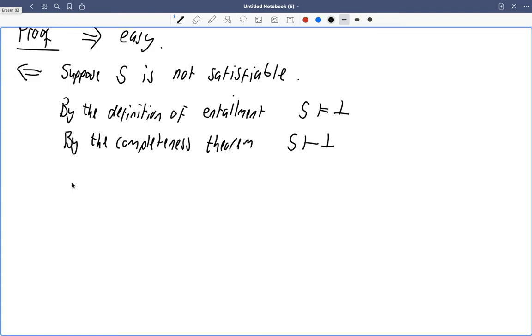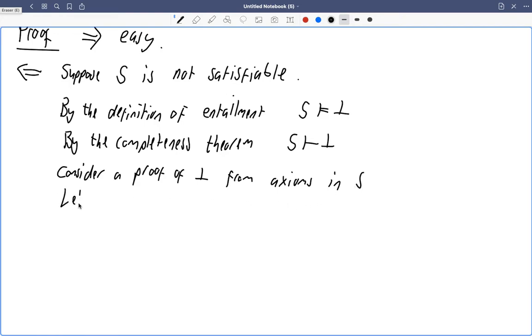And so the proof can only involve finitely many of the axioms of S. So consider a proof of falsity from axioms in S,